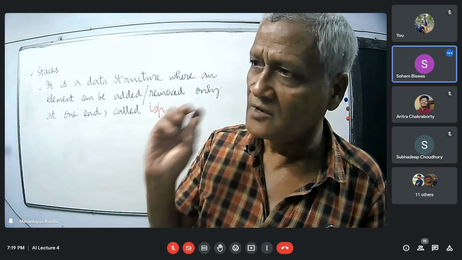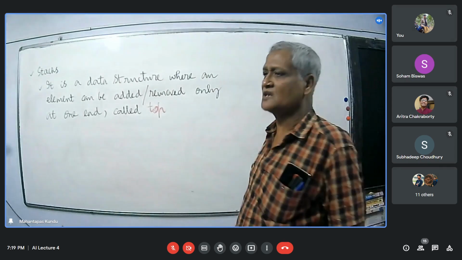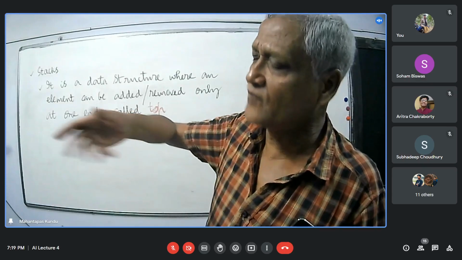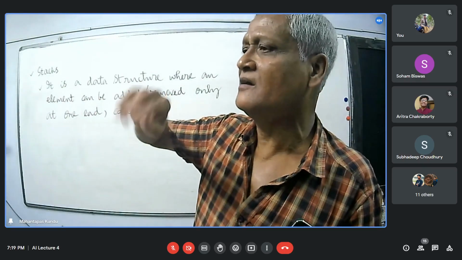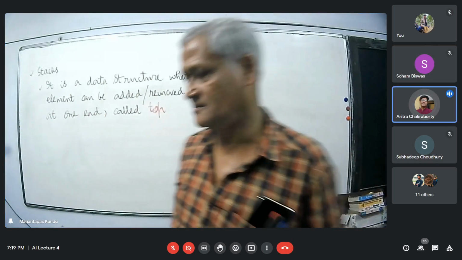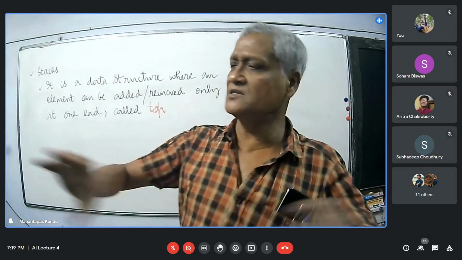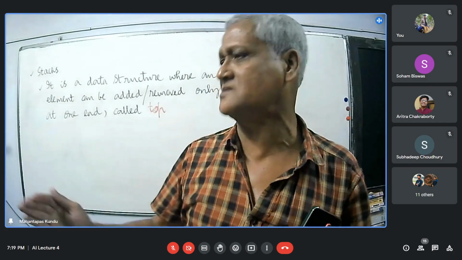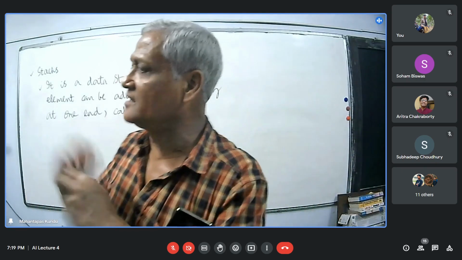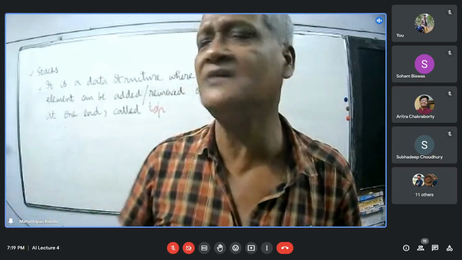Yes, sir. Just by mentioning the index of that position, we can insert an element into that position in an array, or we can remove an element from that position of an array just by mentioning the index, right? Yes, sir. And so array is used for storing a list of numbers, a list of names, a list, so that we can access any element of that list at any time. So for this purpose, an array is used.